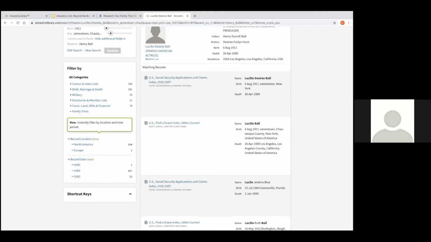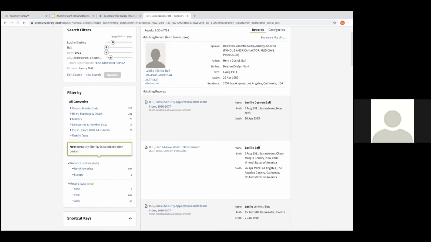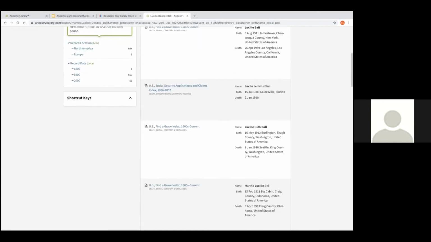But when you would be evaluating, if you had two records and the census was different than the birth certificate, I would be more likely to go with the birth certificate, because that happened more closely to the birth of the person and it's an original record. It was created not long after they were born and is a primary source. So just keep that in mind when you're looking at records and you need to evaluate them, that sometimes you're going to have records that have conflicting information.